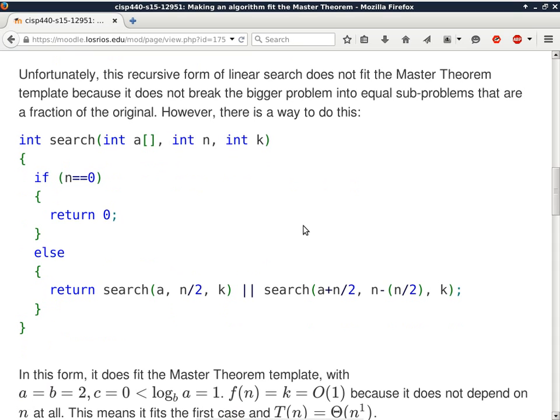All right, so here's the last version of search. This is another recursive version of search, but in this case, oh, this is bad. I made a mistake here. There's no way it can actually confirm whether an element is in the array or not, because there's no comparison of any array element to k.